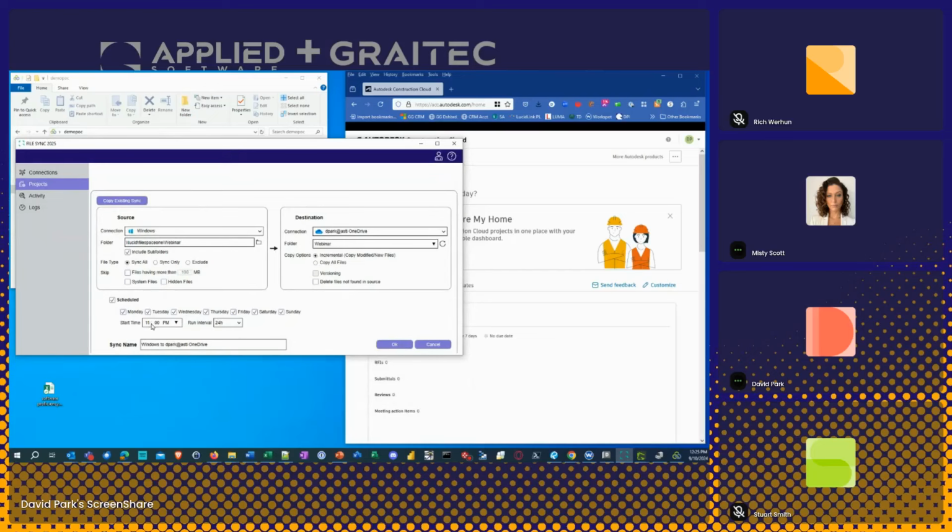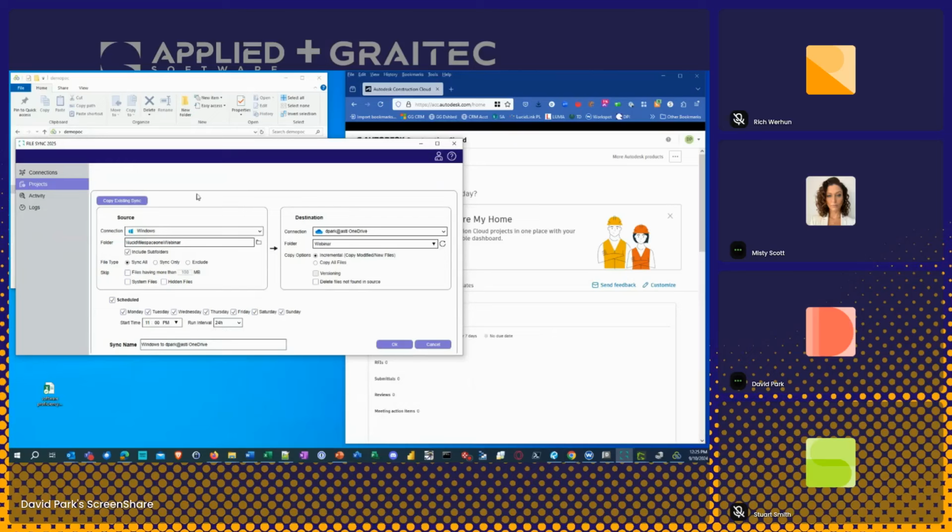You can set runs at whichever day you want, and whatever time of day you want it to run. You can tell it to run for a certain amount of time in there. So I think that's pretty